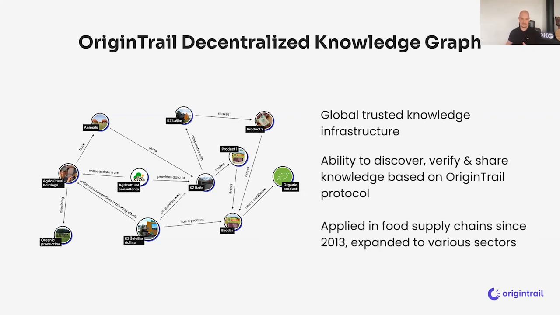Essentially with this ability to find or discover something, then to verify, as you, John, put it very nicely at the beginning, verify in terms of a source of information, credentials of the source, credentials or certificates associated with a specific object, may it be a food item or a building or a car. And essentially what OriginTrail is, is infrastructure that enables this for various use cases, but it started in 2013, actually, 10 years ago almost, in food supply chains.